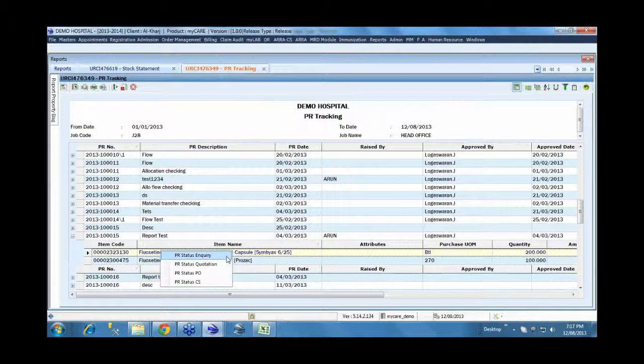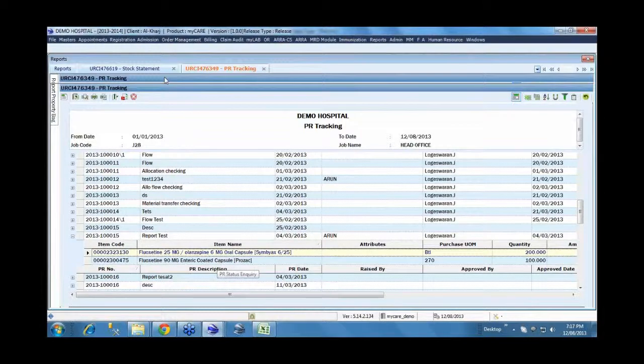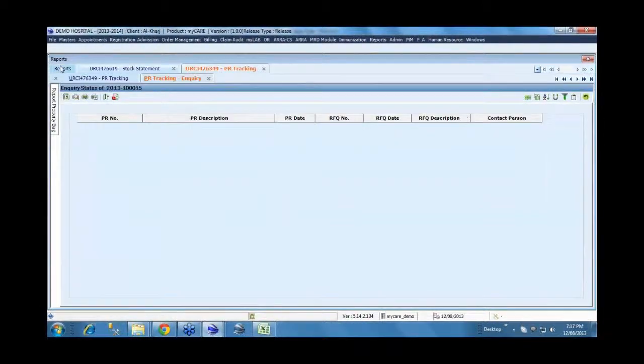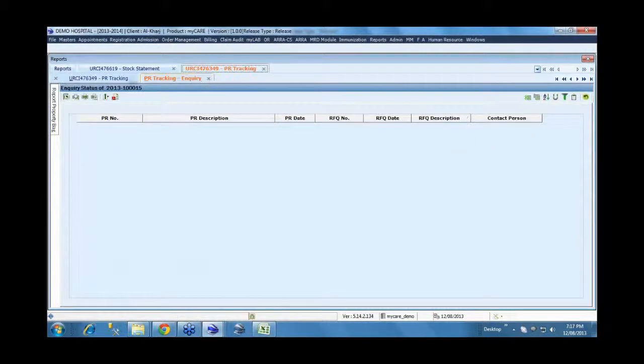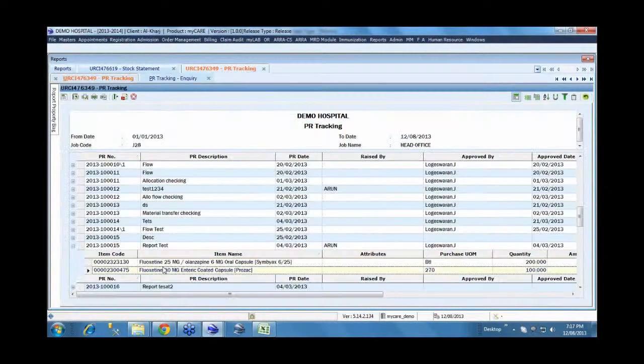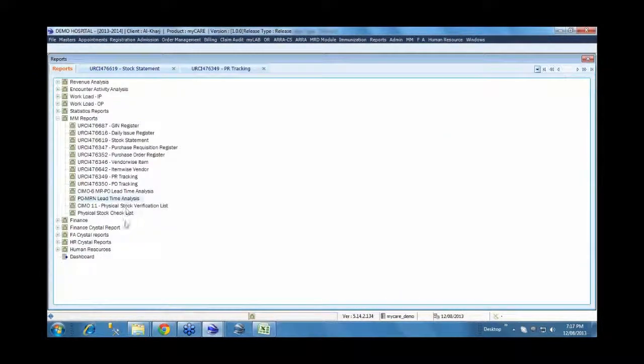So it's a very flexible reporting option that we have. As a sample, for example here, we have an item, and against that particular item you can just ask for whatever information is associated with it, and it will be picked and shown. So this is on the supply chain.